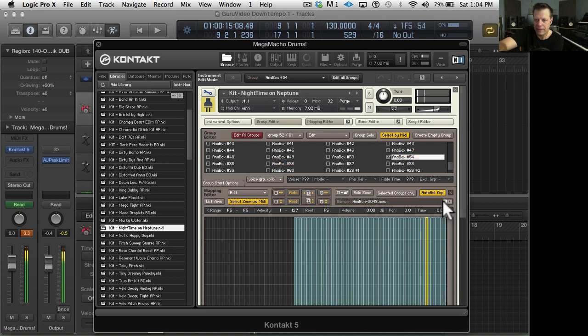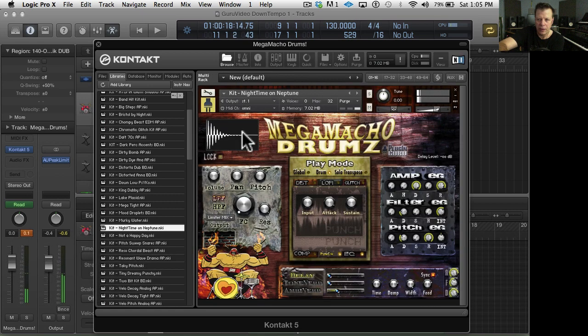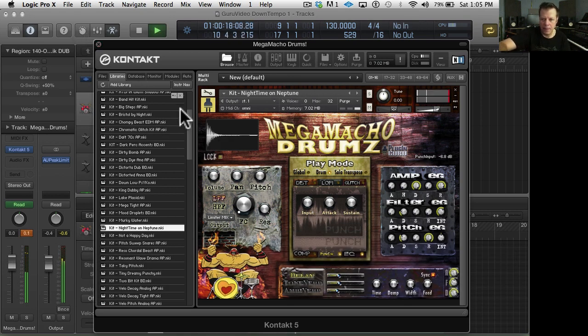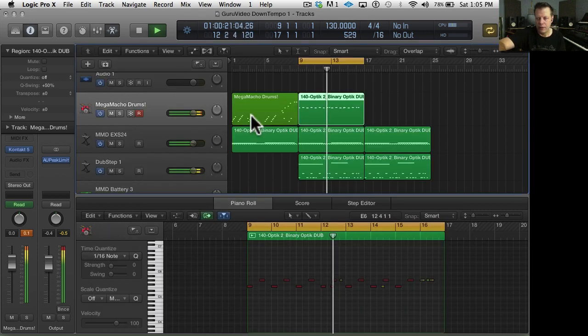Let's get down low to the lower analogue stuff. Reverb. Like that.